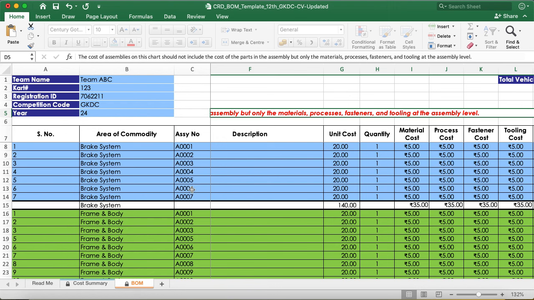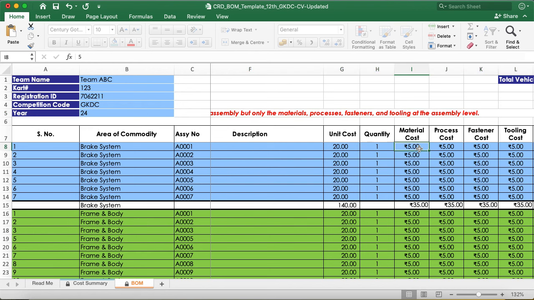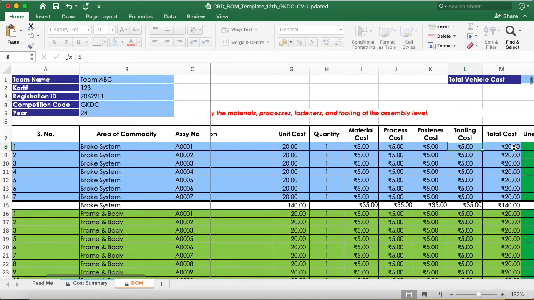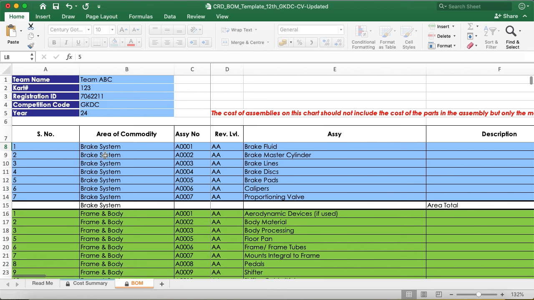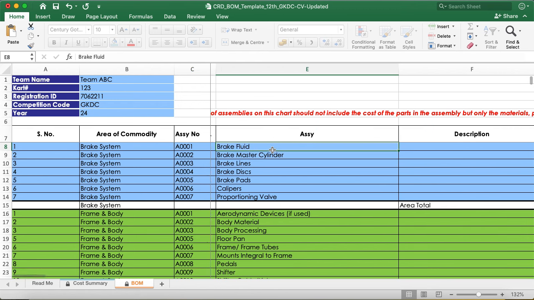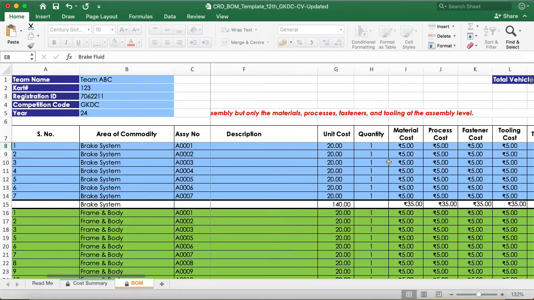This is the cost at assembly level, and we want the cost of the material, process, fastener, and tooling, if there is any. Let's say this first thing is brake system assembly number A0001, and this assembly name is brake fluid. So, brake fluid,